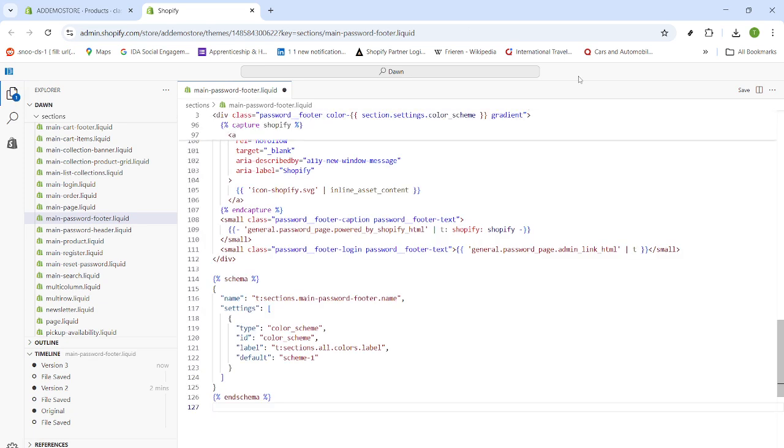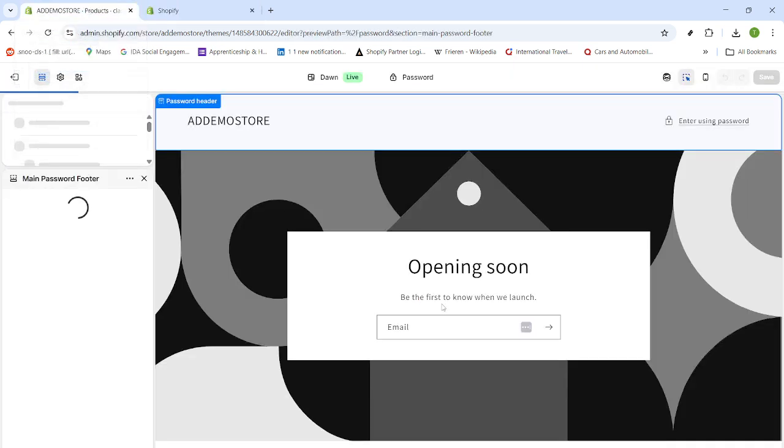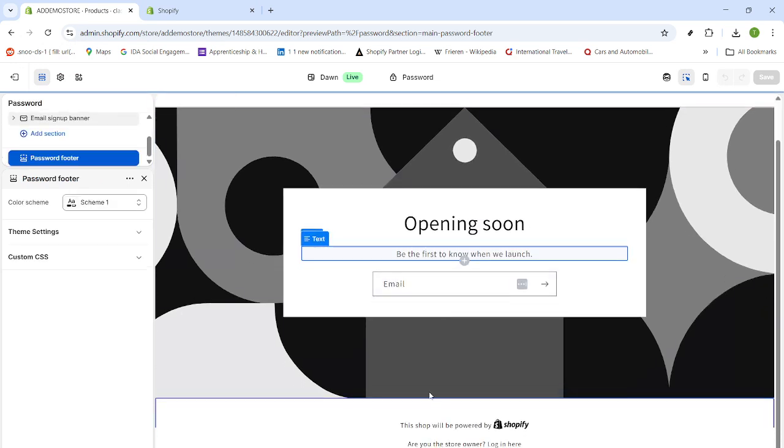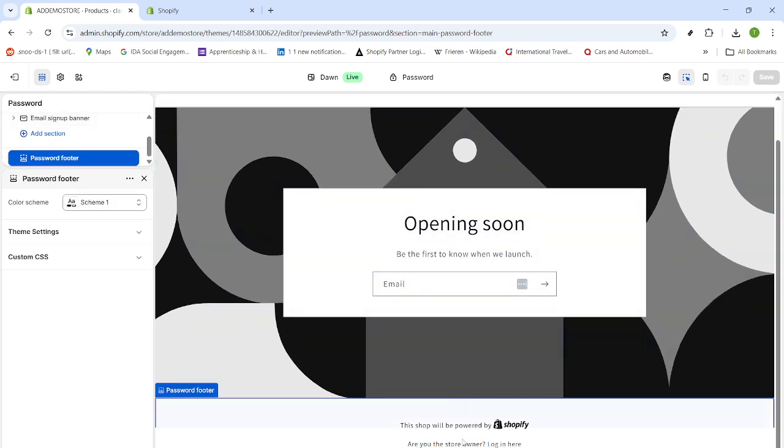A couple of tips as you work. Make sure you're editing the live theme or a duplicate you intend to publish, and always confirm you're in sections/main-password-footer.liquid so you don't affect other parts of your store. If you need to undo the change, use the theme code editor's version history to roll back to a previous save. That's it. Your password page is now clean and focused, without a footer distracting